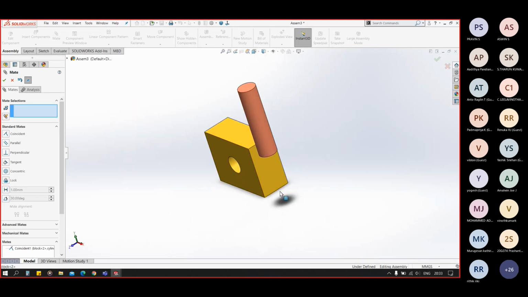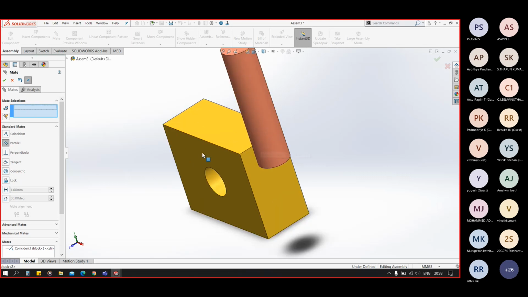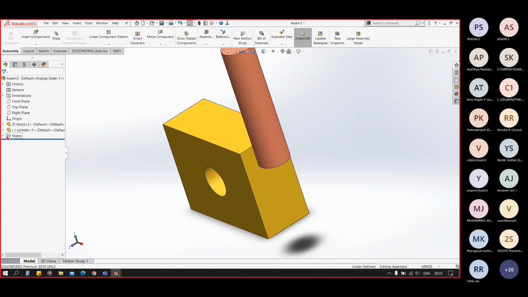Okay, now let's see the parallel face. Okay, now for the parallel, you click on the parallel here. Let me delete the coincident one first.